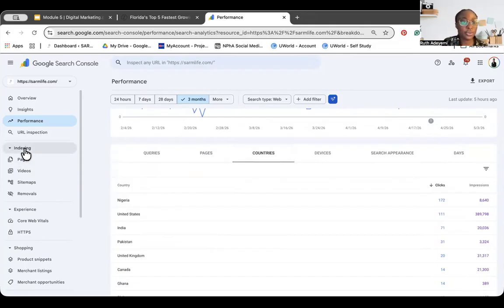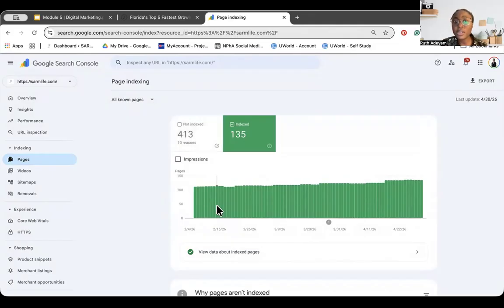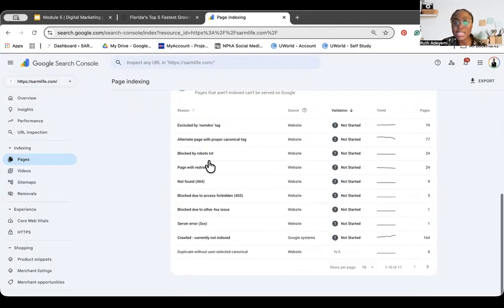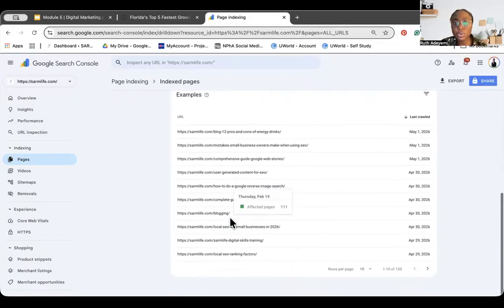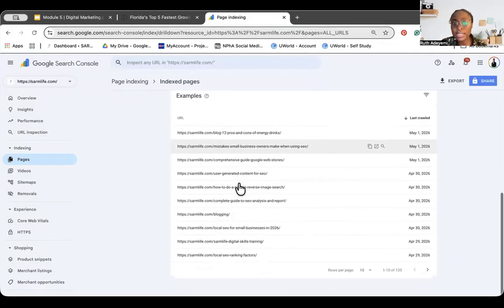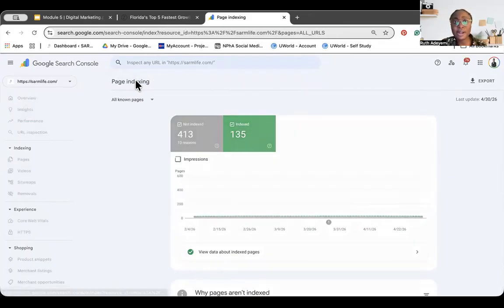Indexing is where I want to get to. So indexing, I come here, I click on pages. It tells me 135 pages are currently being indexed, 413 are not. And then I can go and click on the ones that are not being indexed and I can tell that these are pages. So see, the ones that are indexed, absolutely they need to be indexed. And then the ones that are currently not being indexed,